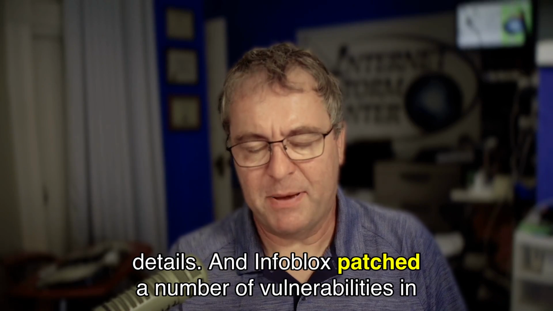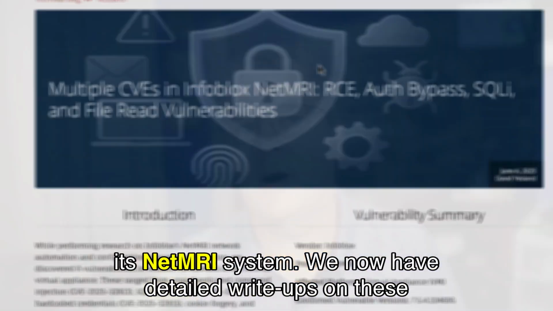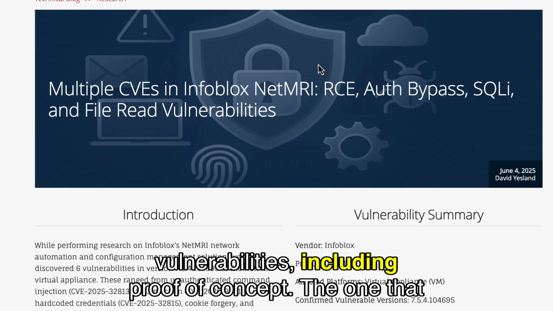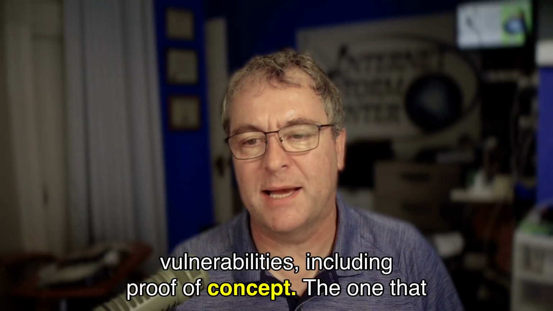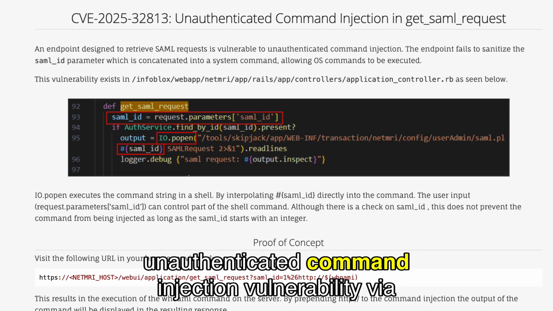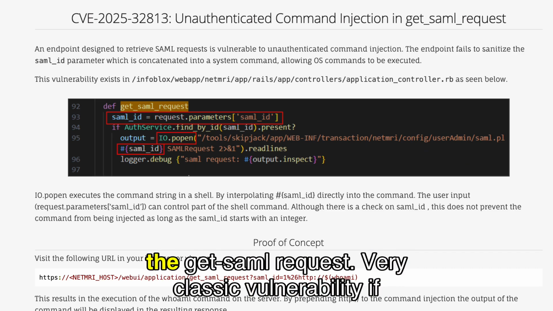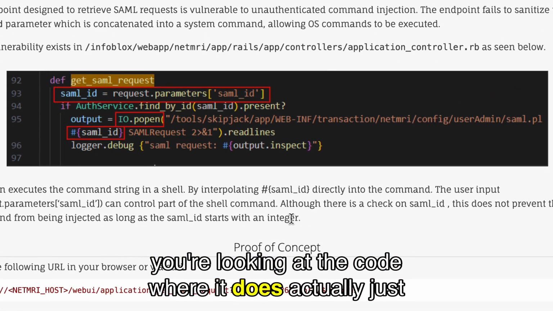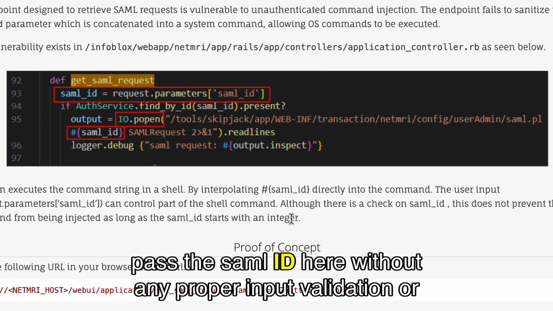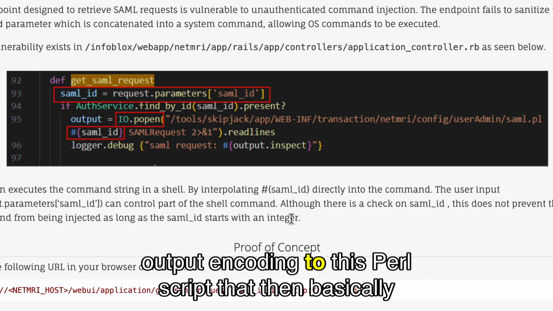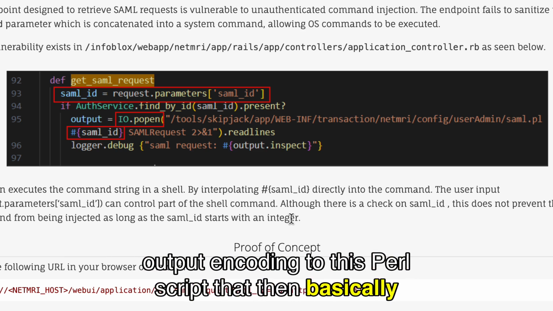And Infoblox patched a number of vulnerabilities in its NetMRI system. We now have detailed write-ups on these vulnerabilities, including proof of concept. The one that you should probably be most worried about is an unauthenticated command injection vulnerability via the getSAML request. Very classic vulnerability if you're looking at the code, where it does actually just pass the SAML ID here without any proper input validation or output encoding to this Perl script that then basically does the